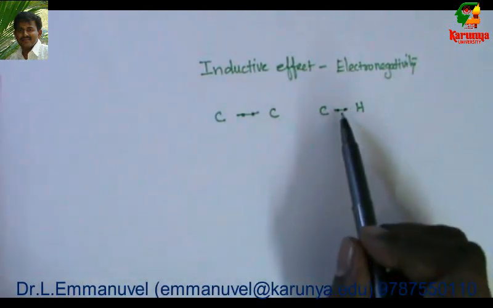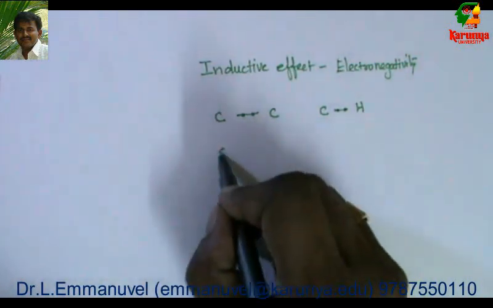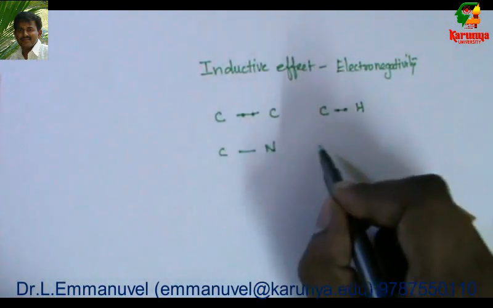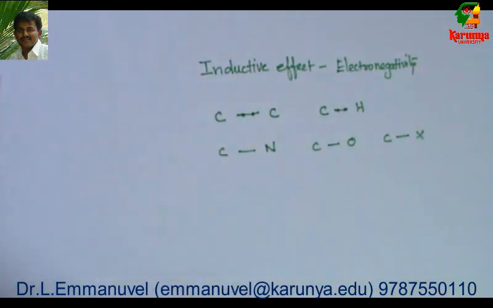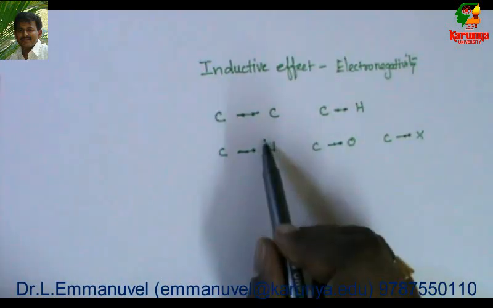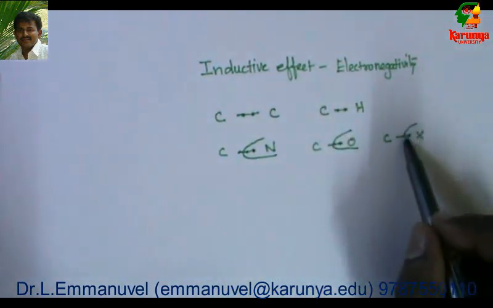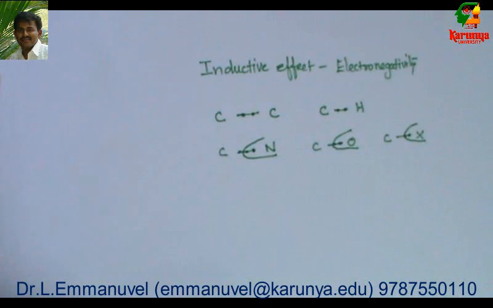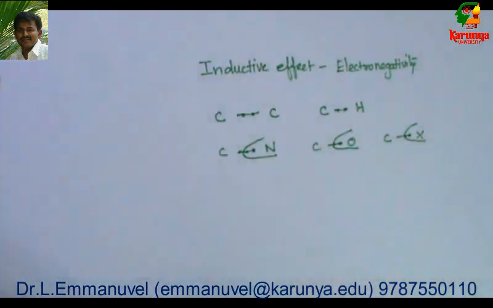The two electrons are in the middle and shared by both atoms. But when carbon is attached with nitrogen or with oxygen or with halogen, the electrons in the bond are not in the middle. These electrons are pulled by the nitrogen, oxygen or halogen atom, because the electronegativity of nitrogen, oxygen